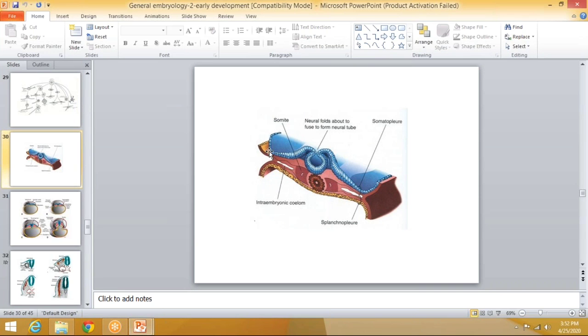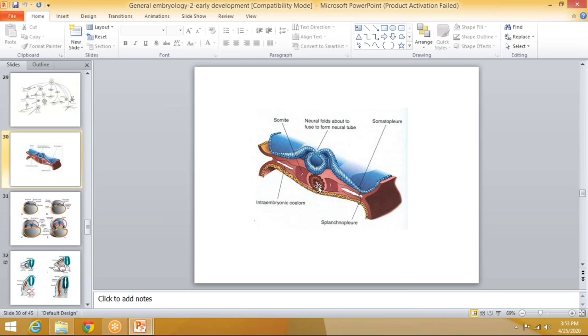This is another diagram, that is ectodermal thickening. It thickens to form a neural groove. The neural groove is guarded on either side by the neural folds. As the folds come closer and approach each other, they form a tubular opening and get detached from the ectoderm. Some of the cells migrate to form neural crest cells. The remaining cells will enclose a neural tube which elongates from the cervical to the sacral part.